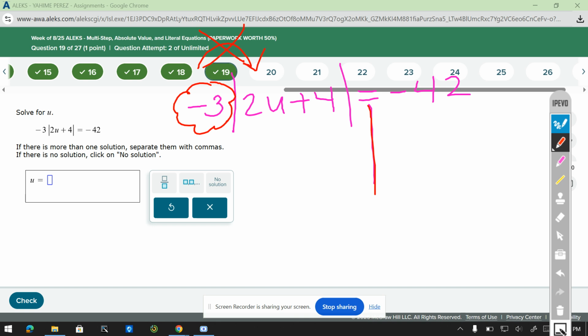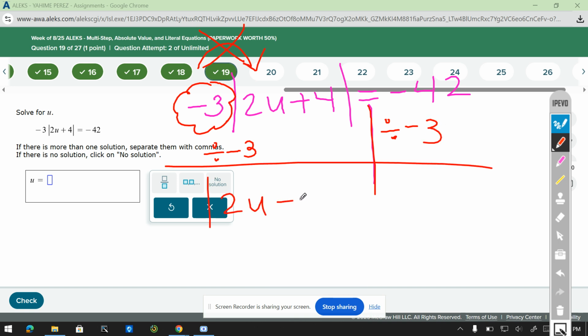So to get rid of this multiplication of negative 3, we're actually going to divide by negative 3. And we get the absolute value of 2u plus 4 equals negative 42 divided by negative 3. It's going to be a positive 14. Okay, and now that this absolute value is equal to a positive number, we are able to take this inside,